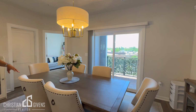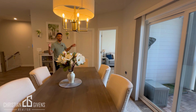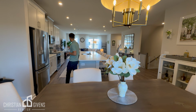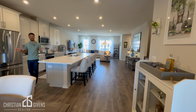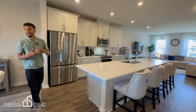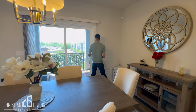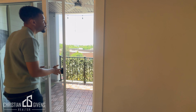Here off the kitchen, you have your dining area, and this dining area, as you can see, is very spacious. As a matter of fact, I just want you guys to look at how grand this entire level is. We are in a little bit above 2,300 square feet of living space total in this condo. So it really lives like a detached home. Personally, this place is almost as big as my detached home. So that says a lot. All right, we also have a covered terrace,